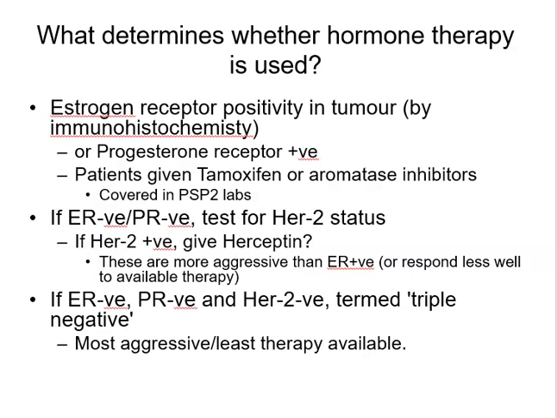at bay. If estrogen receptor is negative or progesterone receptor is negative, we often then test for HER2 status, and if HER2 status is positive, as we'll find out more next week, I've mentioned that in the Oncotype lecture, then the patients are potentially eligible for Herceptin. Now, these cancers are more aggressive than estrogen receptor positive cancers,